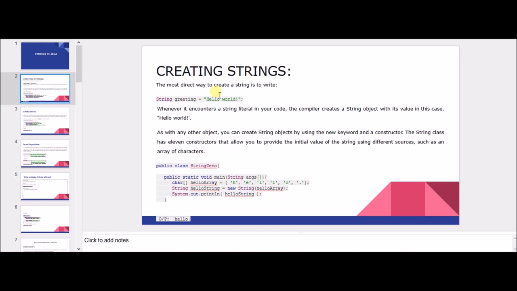In this example, the string variable helloString is created using the String class. You can also create a string as an array of characters. Let's execute this program.